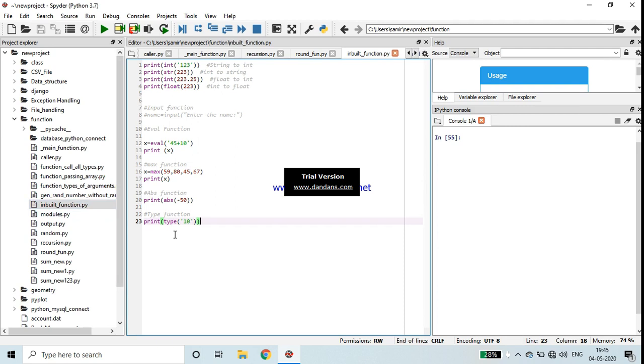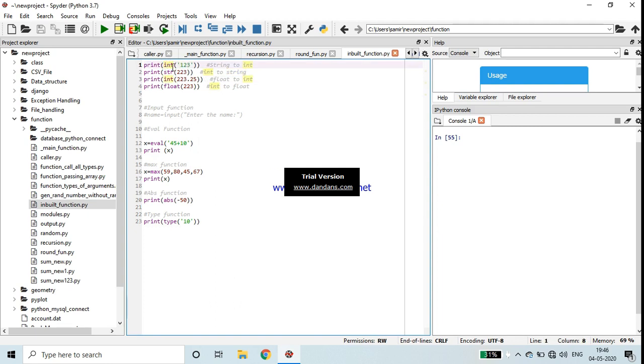Inbuilt functions means the functions that are already defined by the program. Some of the list are here. First you see string to int. Suppose any number is there that you have to convert. As you see, it's 123. 123 is a string that is converted into int through the int function.